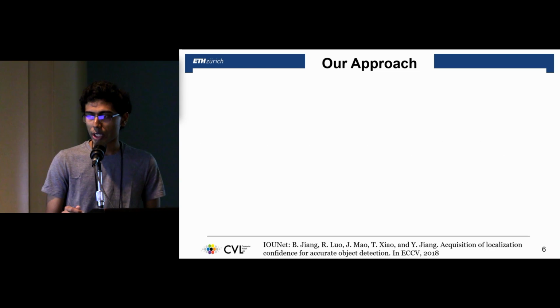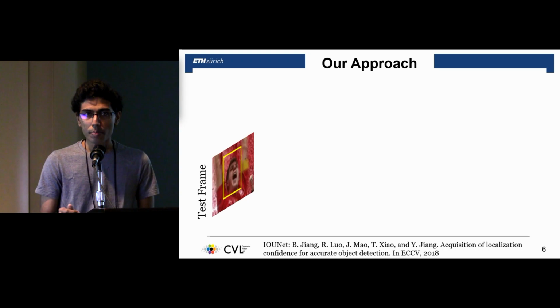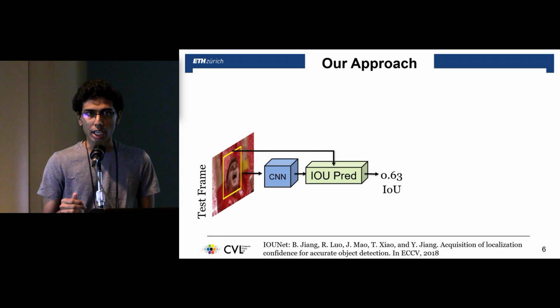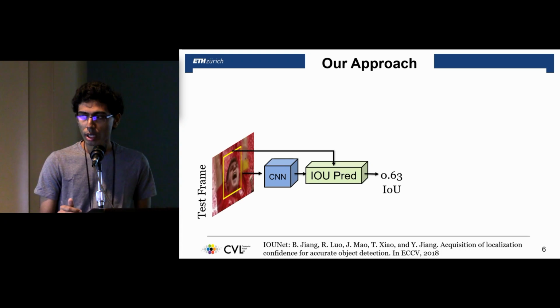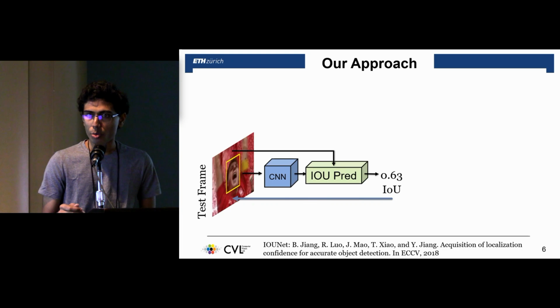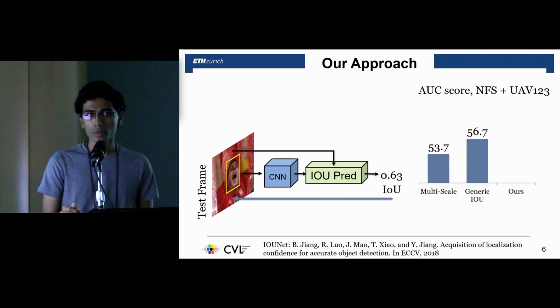Our approach is inspired from the recently introduced IoU-Net for object detection. Given an image with a proposal box, IoU-Net predicts the overlap between the object and the given proposal. The key idea is that the IoU prediction is differentiable with respect to the proposal coordinates. Thus, we can refine the proposal by maximizing the IoU. Compared to the naive multi-scale approach, using a class-independent IoU-Net provides a decent improvement in tracking performance.